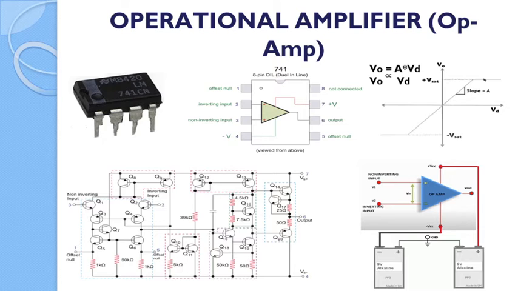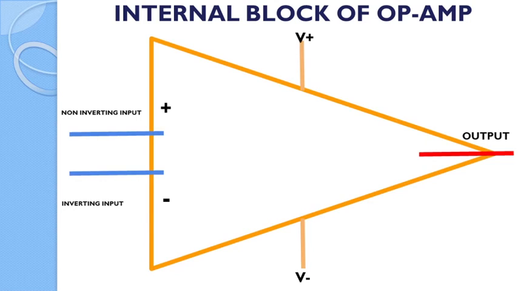A dual power supply provides the positive and negative voltage required for an op-amp. Here the V plus and V minus terminals are connected to two serially connected batteries or a dual regulated power supply, as shown in the figure. The power supply voltage range varies from plus or minus 5 volt DC to plus or minus 22 volt DC. So this is a standard integrated circuit used in real-time applications. This is a basic representation of an operational amplifier.